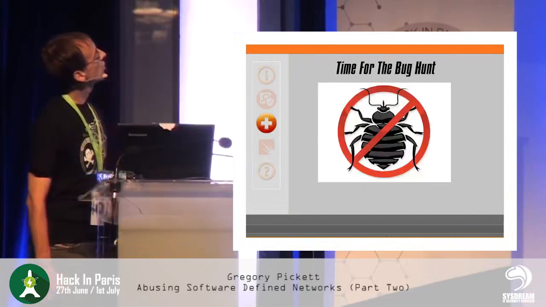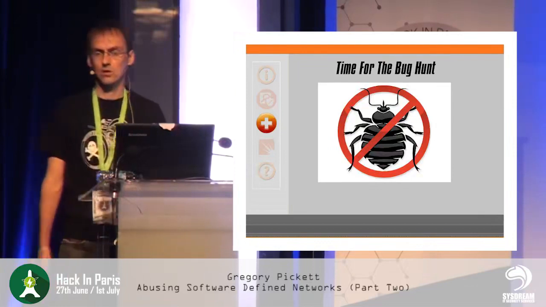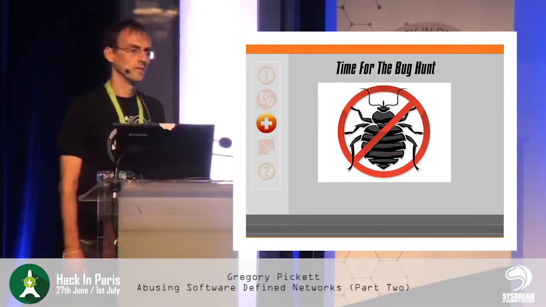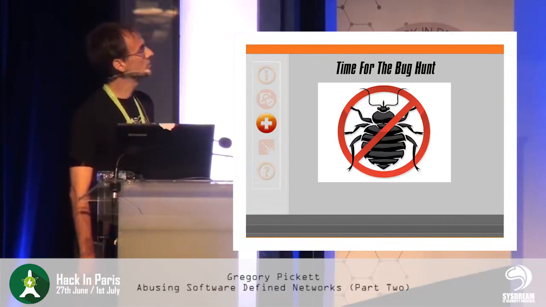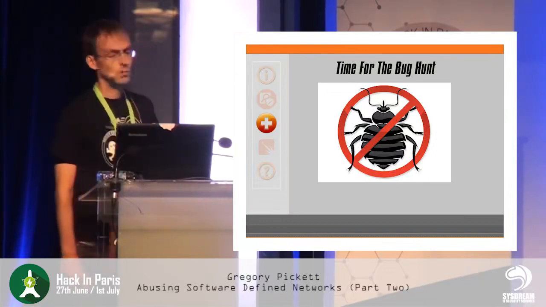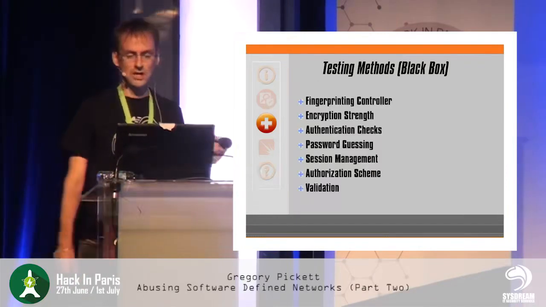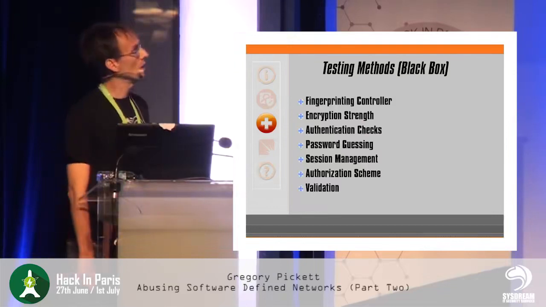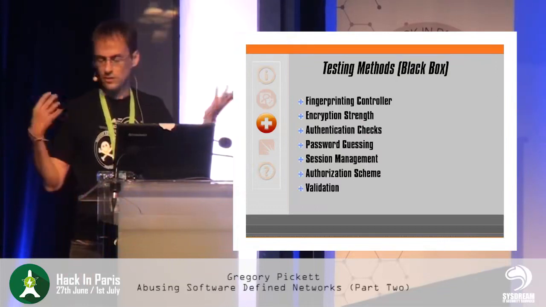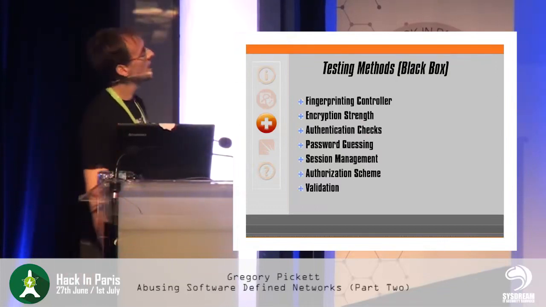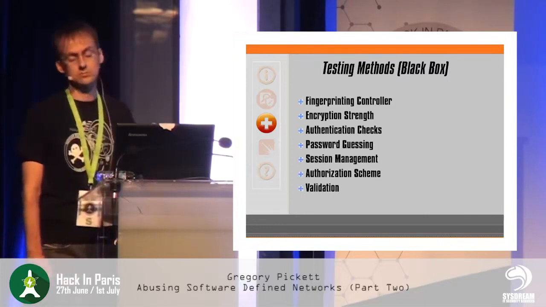So, time for the bug hunt. Once you've mapped everything out and you have a better understanding of the information you're sending, the type of information required, and how it's being received, then of course you want to poke at it. There are lots of different ways to test this. This is what we have time for today. I actually had this huge list: black box, gray box, white box, but of course we only have 45 minutes. So we're doing a black box, start to finish. My talks are very practical.